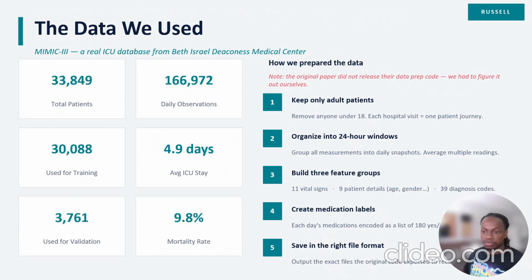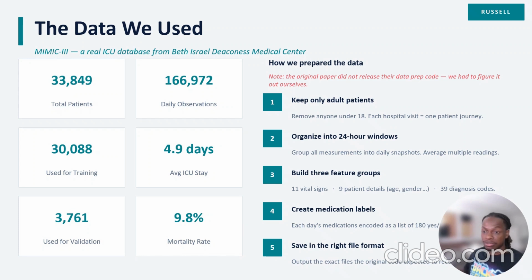The data. We use MIMIC-III, a real ICU dataset with about 33,800 patients total. One of the biggest challenges was that the original preprocessing code was never released, so we had to reconstruct the